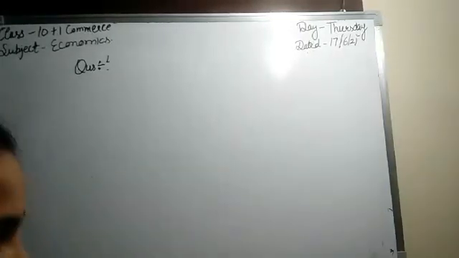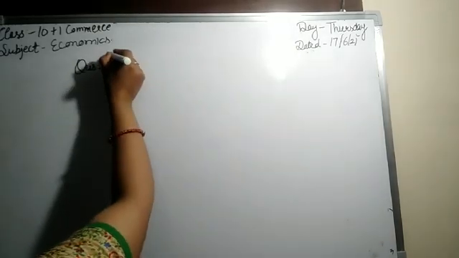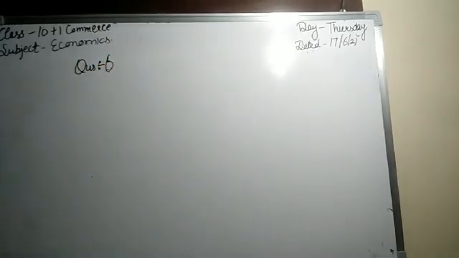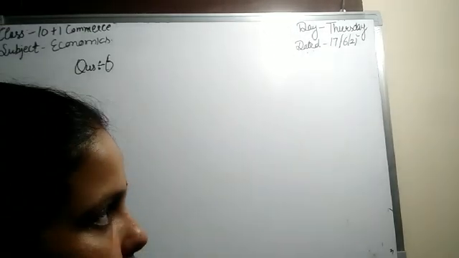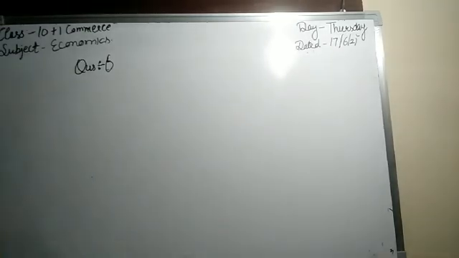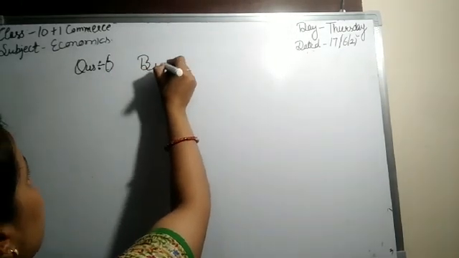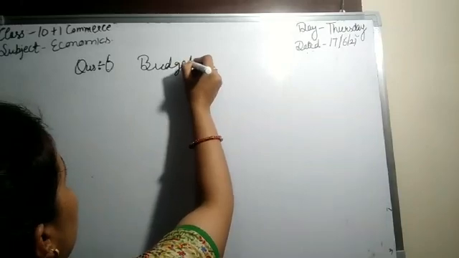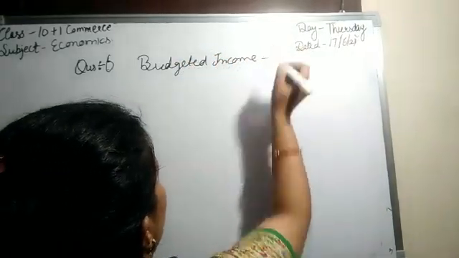Okay. Number 5 is your homework, and question number 6 is here. Question number 5 is similar to question number 4, so you can easily do this. According to question number 6, we have to find the budgeted income of the consumer. So this is missing, we have to find this.